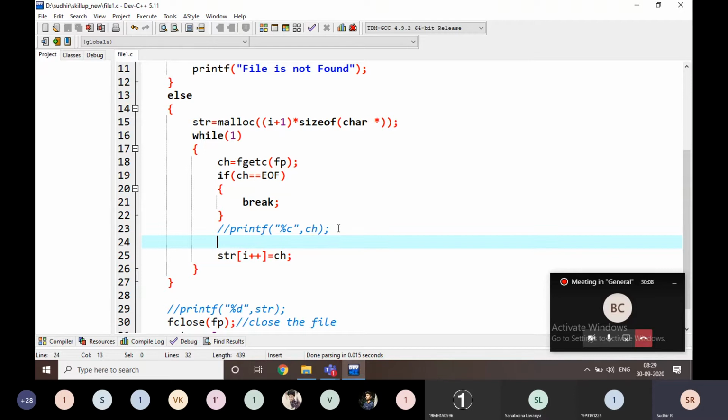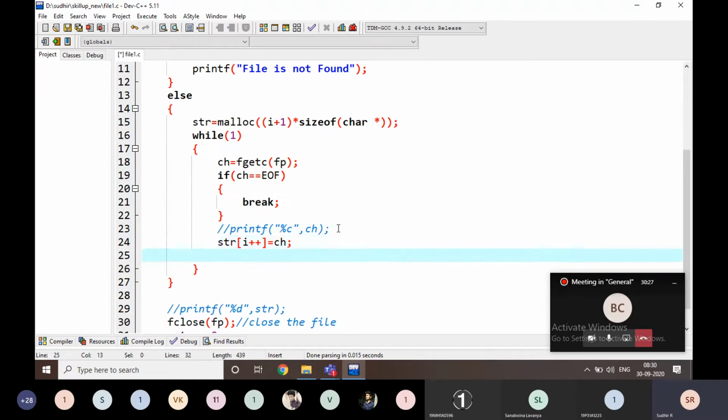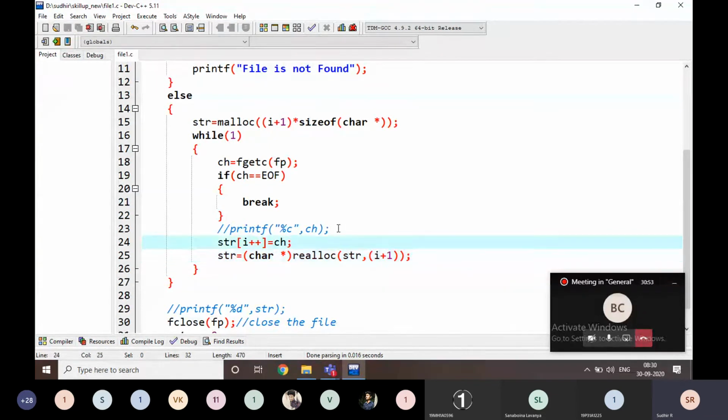I'm going to allocate one memory here after entering that value. str is equal to char star realloc of, what is the variable name, that is going to be str comma i plus 1. I am going to maintain. Why am I going to maintain like this?